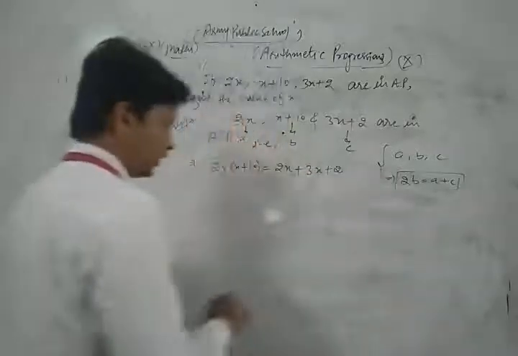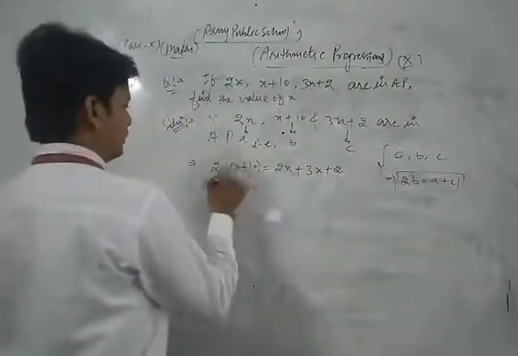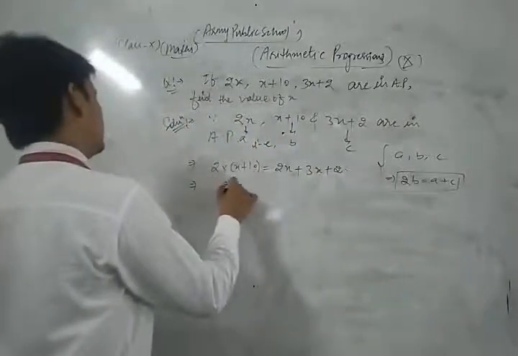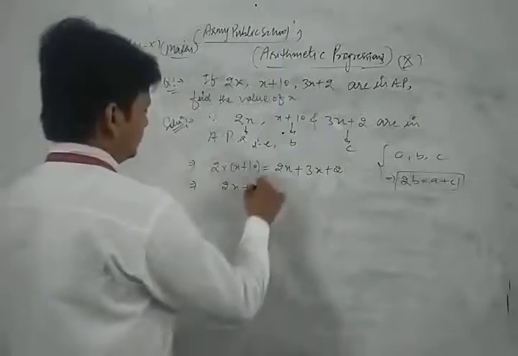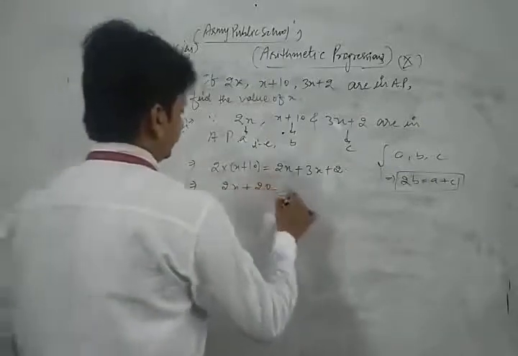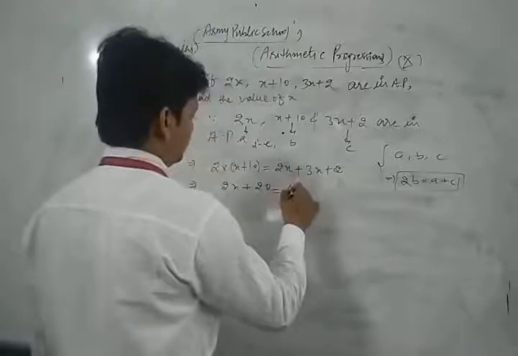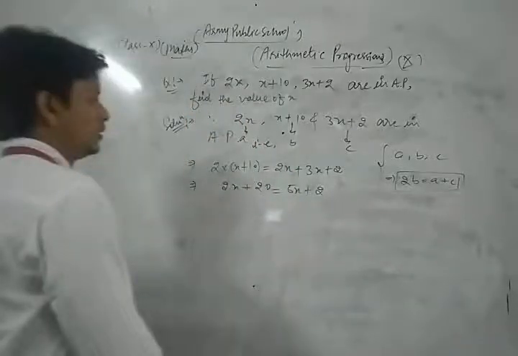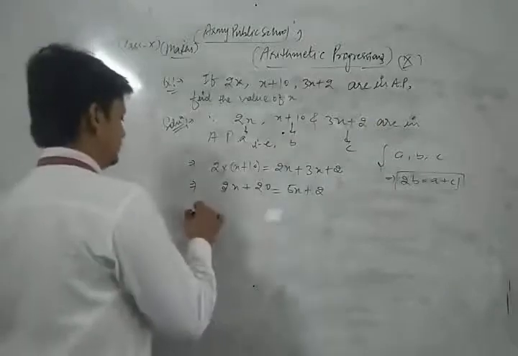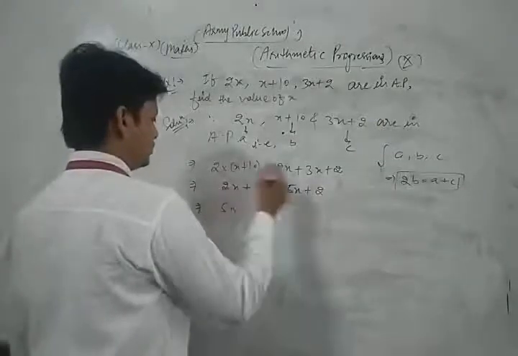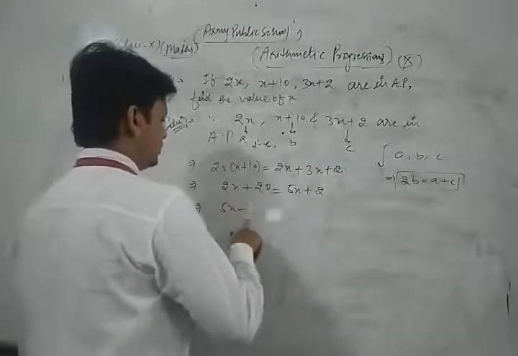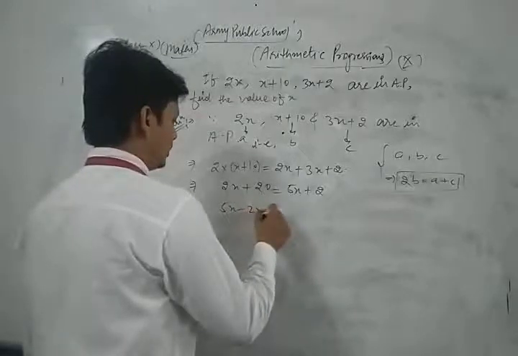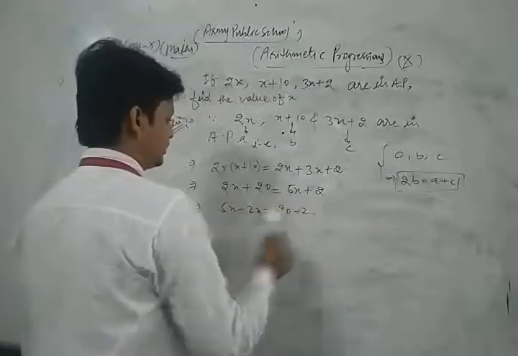3x plus 2. Okay, dear friends, now we simplify them. That is 2x plus 2 times the, this is 20 is equal to 5x plus 2. Now we simplify them. Let's see. This is 5x plus 2x, transfer that side, minus 2x, okay, plus 20, write as it is, and 2 transfer that side, minus 2.